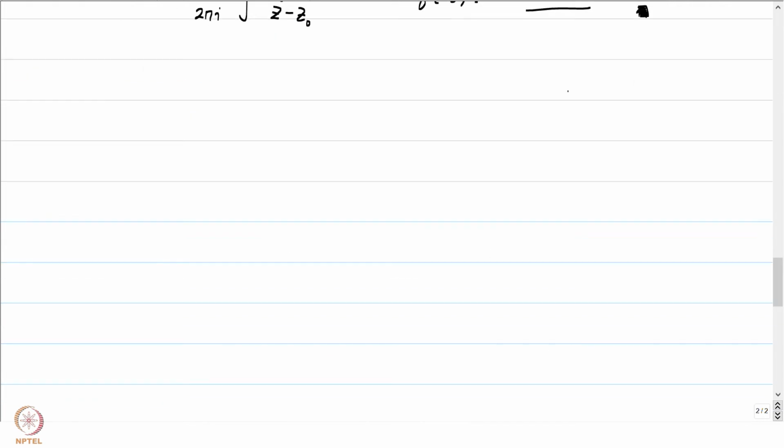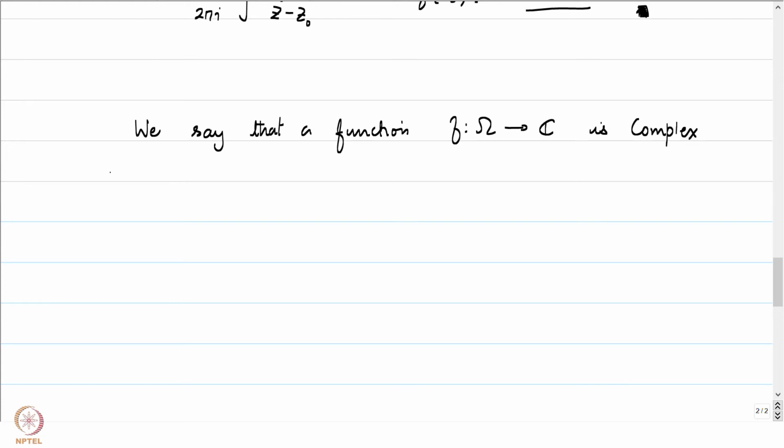So as noted in the beginning of the proof, Cauchy's integral formula many times forms that powerful tool with which we can conclude things about holomorphic functions using Cauchy's theorem. One such consequence is that holomorphic functions are complex analytic. Let me define what complex analytic is. Like in the case of the real setting, we say that a function f from omega to C is complex analytic if it has a local power series expansion.